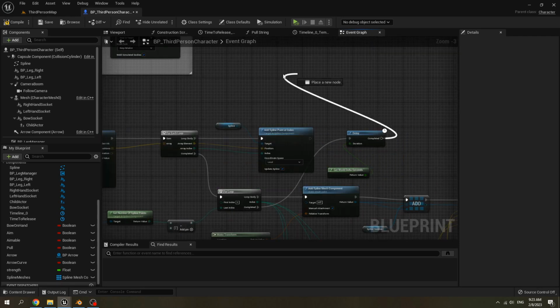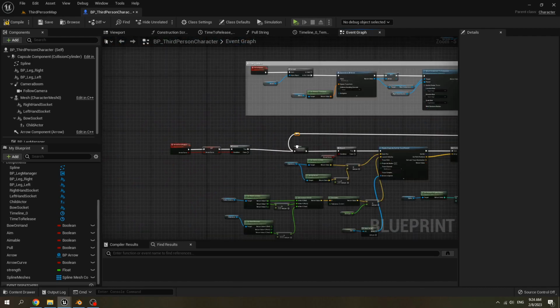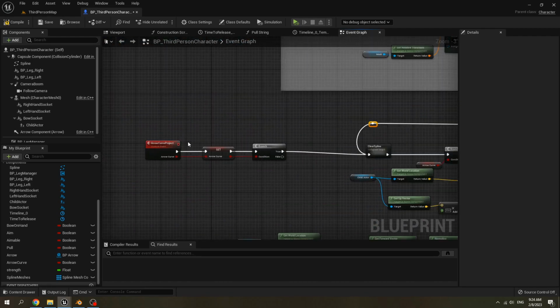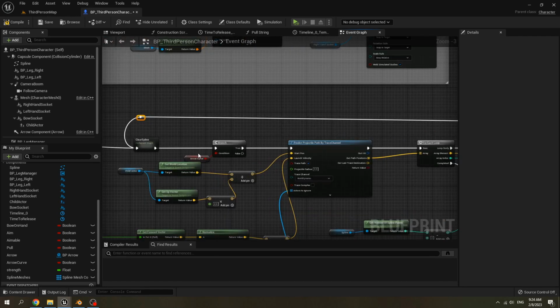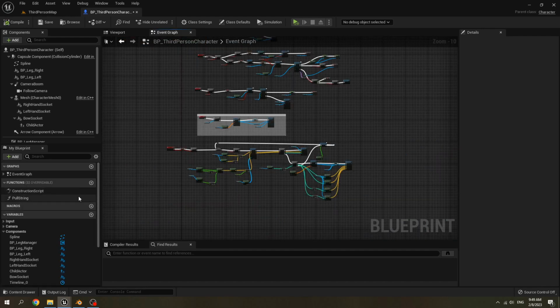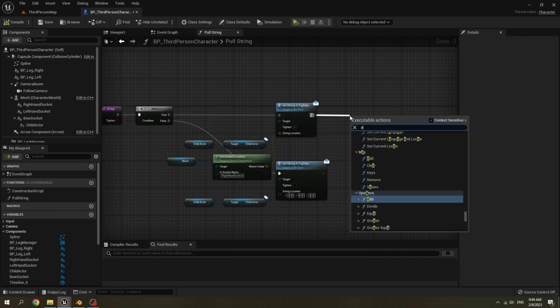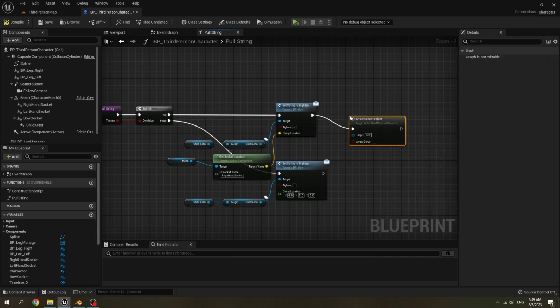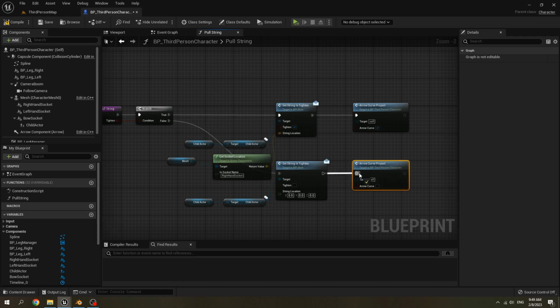Go to our delay and connect it to clear spline. When we call the arrow curve project, we create the loop that predicts the path. When the arrow curve is full, we stop the loop. Go to pull string function, and if the string is tightened is true, we call arrow curve project event and set it to true. And if it's false, we call arrow curve project event and set it to false.